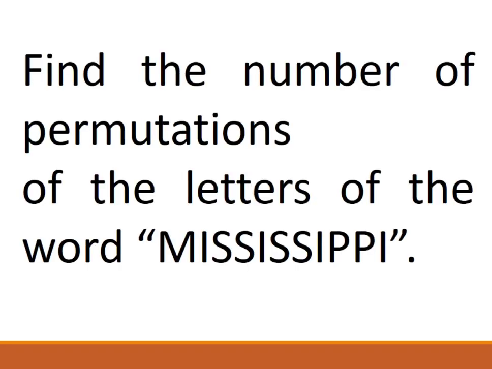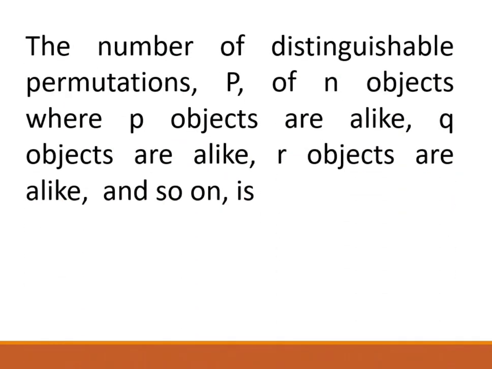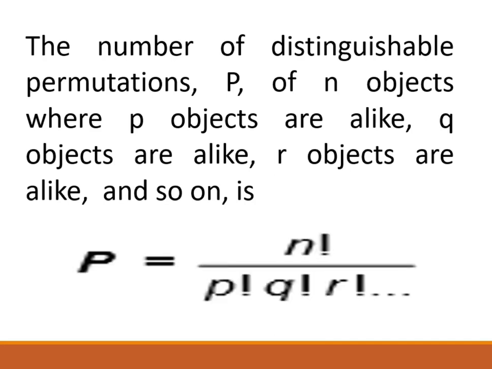Paano kapag ganito yung tanong? Find the number of permutations of the letters of the word Mississippi. Pansinin ninyo na maraming letters ang nauulit. Yan ay belong sa distinguishable permutation. So the number of distinguishable permutations P of n objects where P objects are alike, Q objects are alike, R objects are alike, and so on is